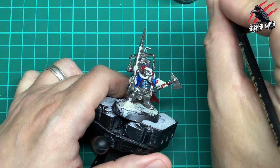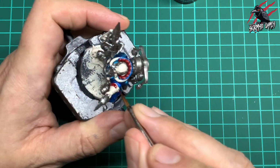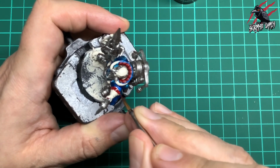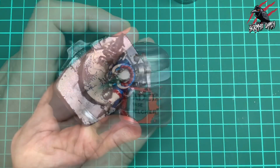So this took me a lot longer than I'd normally take to paint a model. You know, a good couple of hours this one took, mostly because of waiting for it to dry and then going and doing the tidying up with the Wraithbone. But I was really happy with how it came out, and it's worth taking that time to make sure it's